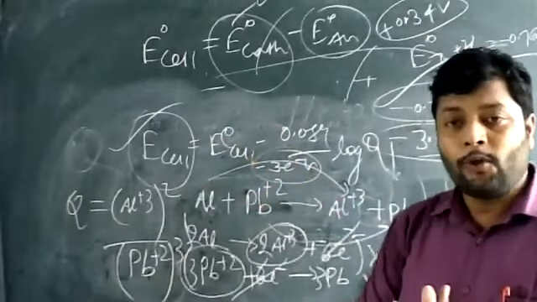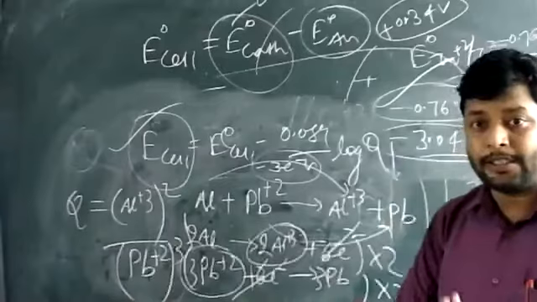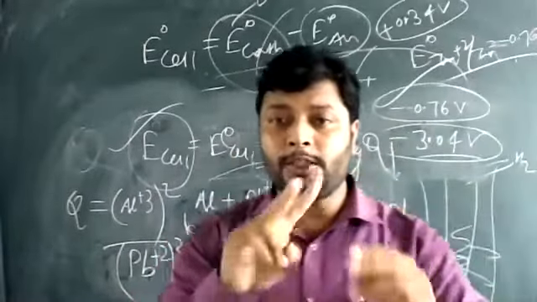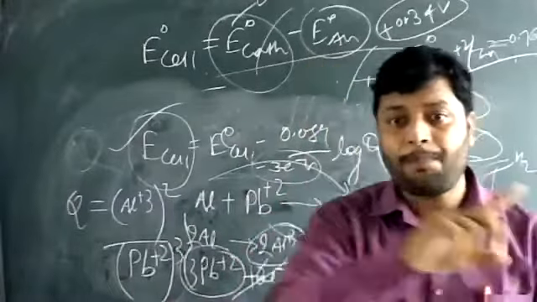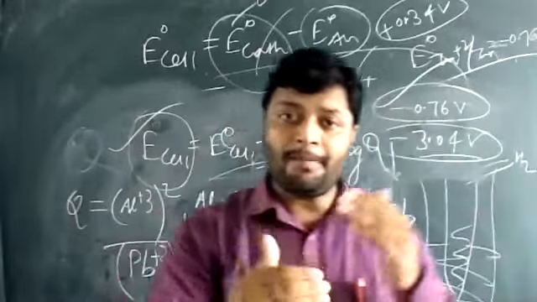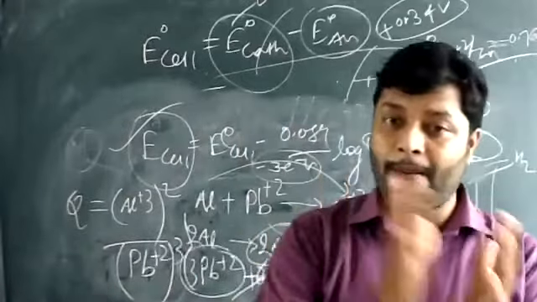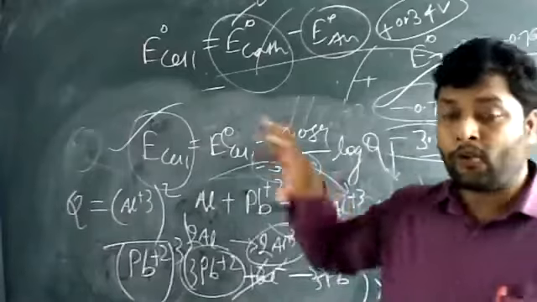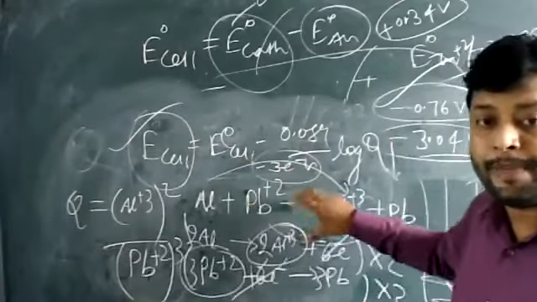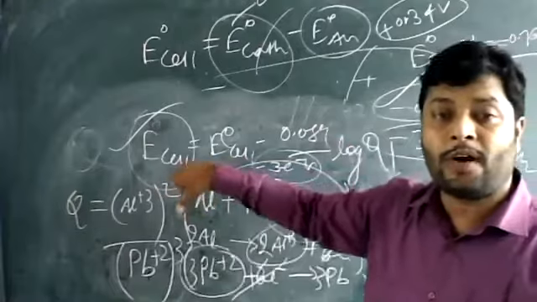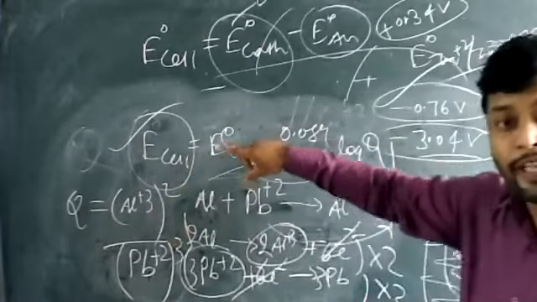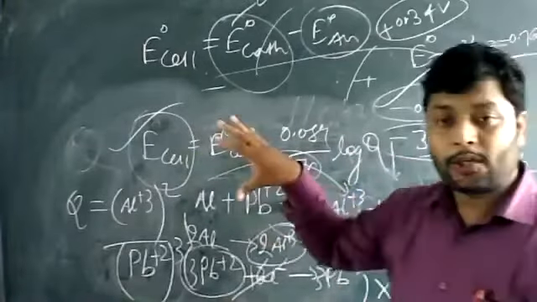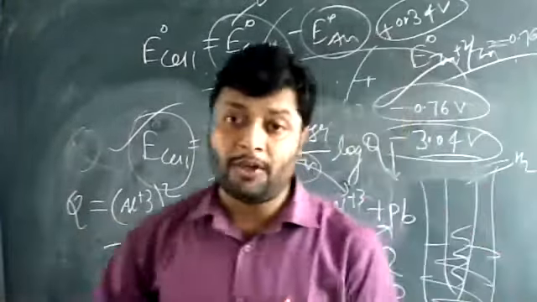So class, whenever you are going for a Nernst equation, just go through the reaction, split the reaction into two different parts, oxidation half and reduction half, and manage the number of electrons by multiplying by a suitable number. Then that will be the value of n, and the stoichiometric coefficient will be the power when writing the value of Q. That will give you the exact value of E cell during the calculation, and questions based on the Nernst equation are very important.